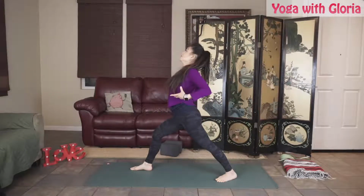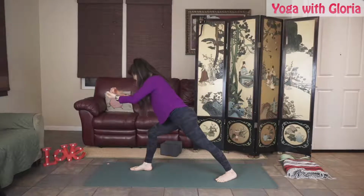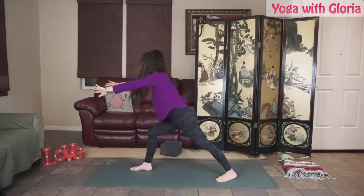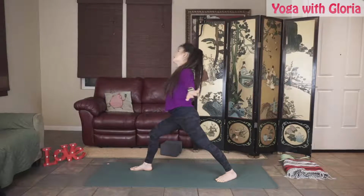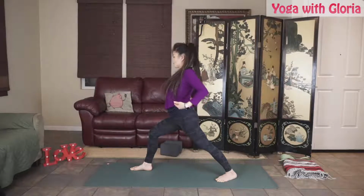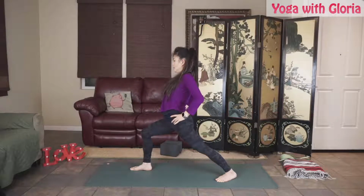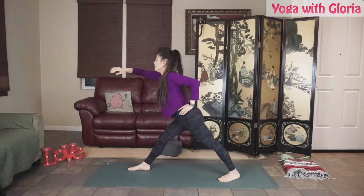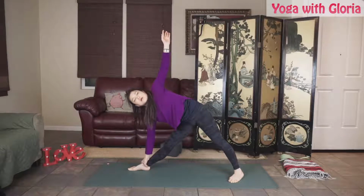Let's bring in some new energy in. Exhale, inhale. Exhale, inhale. 3 more here. 2, straighten that front leg. Reach forward with the right hand as far as you can. You can grab anywhere along your leg or a block or your ankle